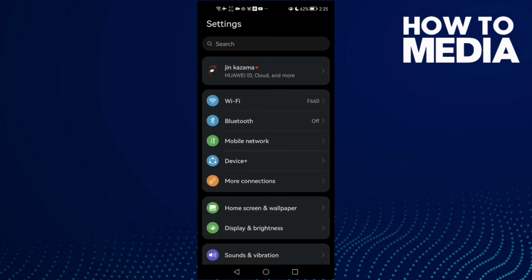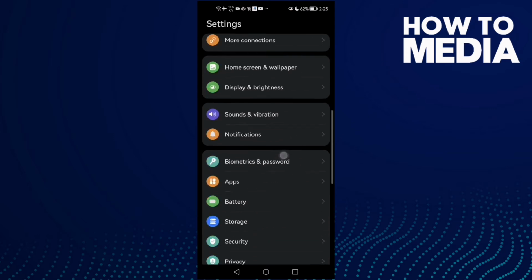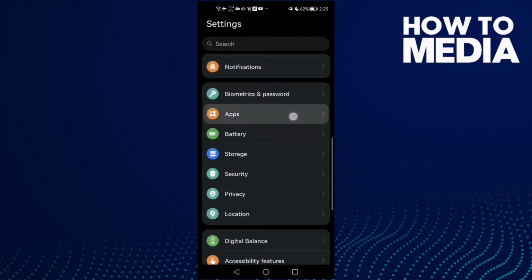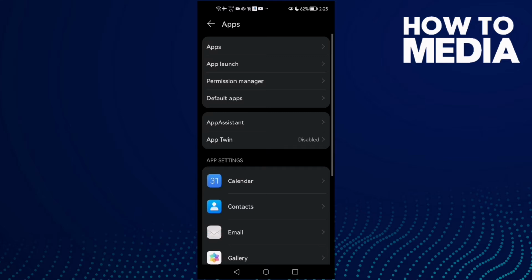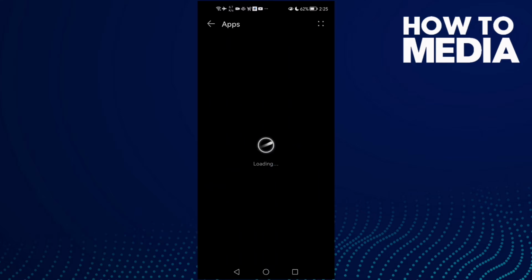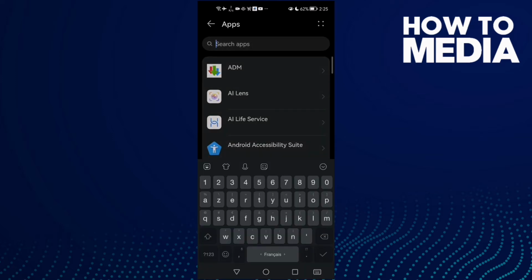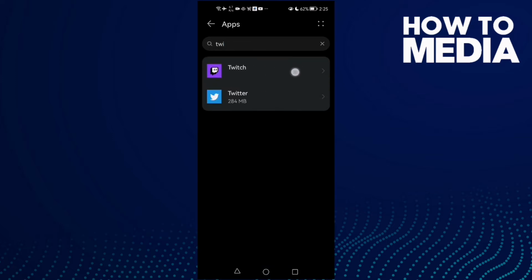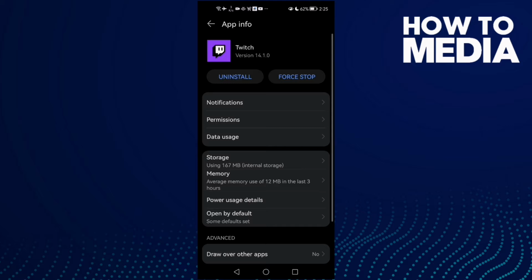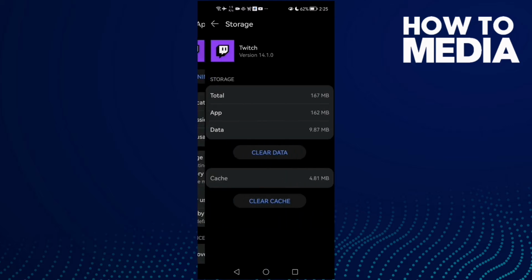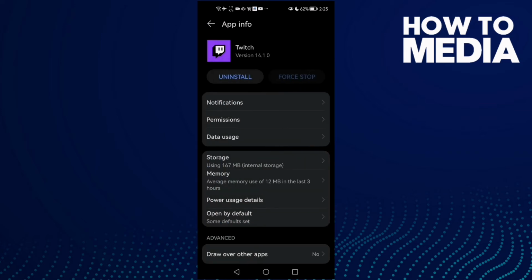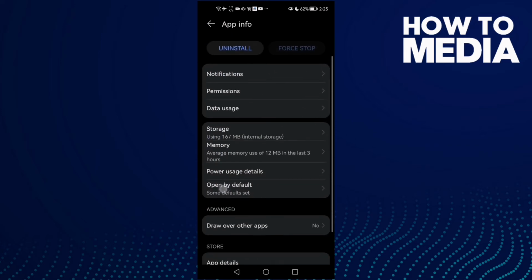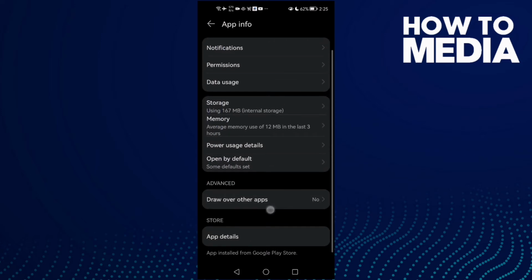First open settings and then scroll down until you find apps, and now click apps again, and here type Twitch and then click on it, and now click force stop and go to storage, clear cache, and after that just click draw over other apps